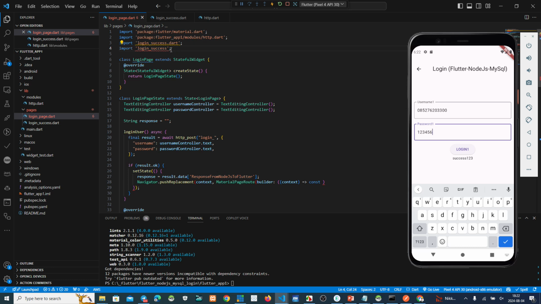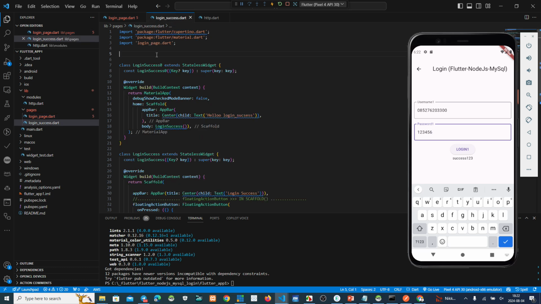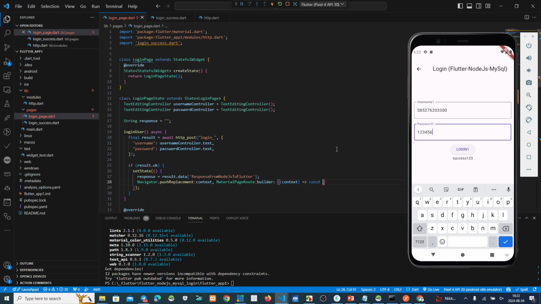Oh, we have import this one. Sorry about that. Login success dot. This one, the name, the class name. This one, we copy this to this one.